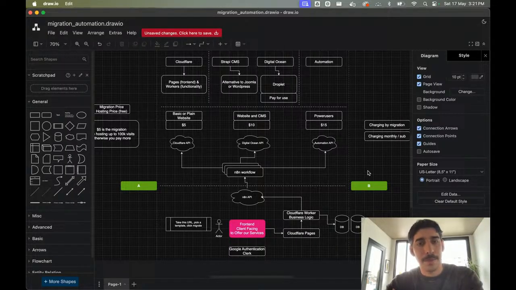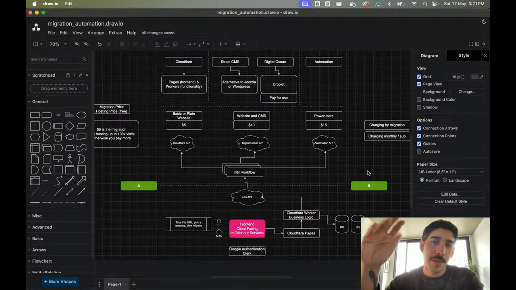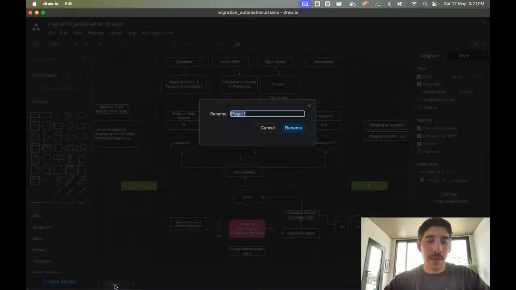That's the idea. And if we put these things together in a good way, I think we can achieve that. Let's rename this sheet to be ecosystem overview.